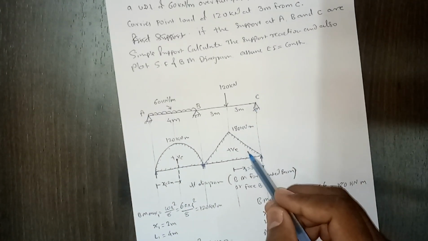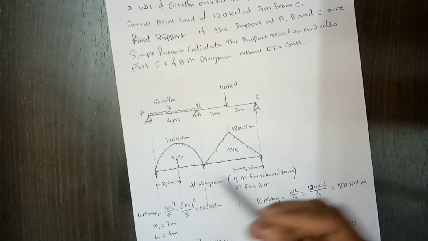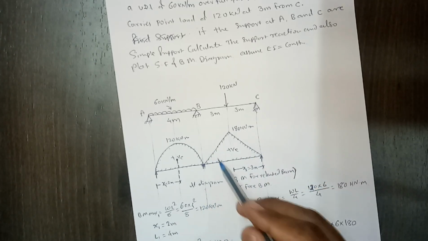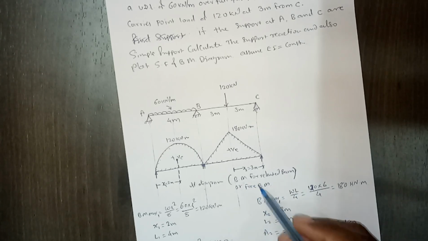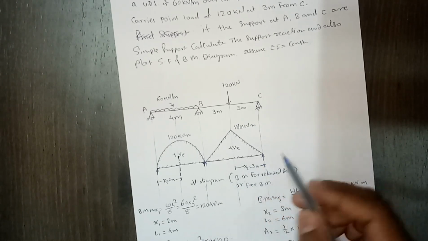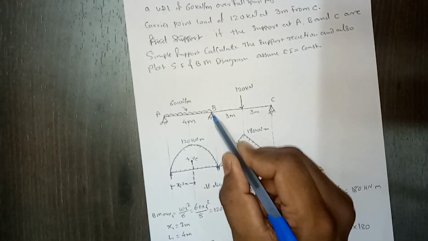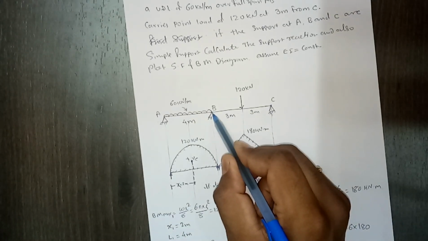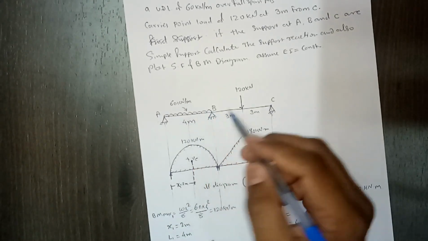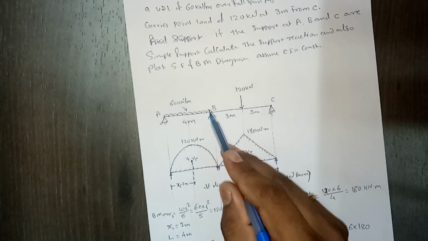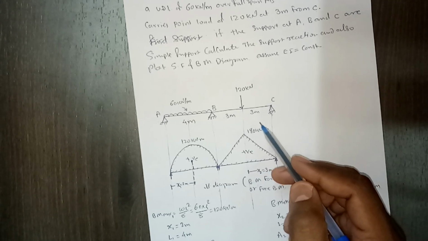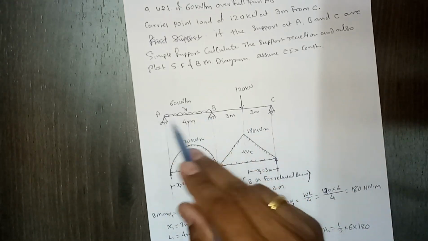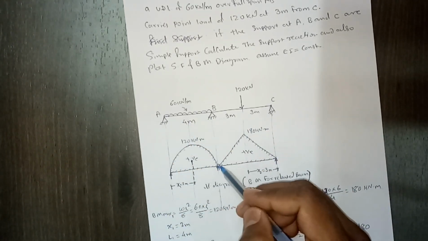So first step, what we have to do, we have to plot this mu diagram. As I told, we can call them mu diagram. We also call them bending moment for the released beam or free bending moment diagram. So all three words you can use. So in that case, what we are assuming, we are introducing a hinge here so that these two spans behave like separate spans, right? So these two will behave like two simply supported beams. So this first, and then we'll plot this bending moment diagram.